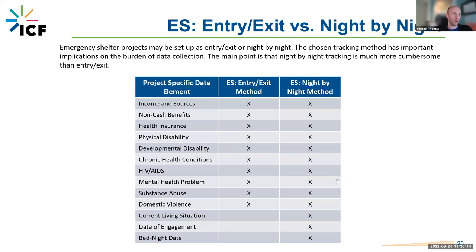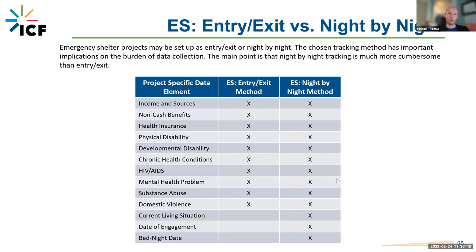Night by night is more cumbersome. That is really what we want to point out here. So there are instances when it can be appropriate with high volume shelters to do it as night by night, but honestly, in my opinion, I have not seen any of those instances. I think entry exit, if you can at all do it, is by far the option to choose, and I wouldn't be sad if the night by night option went away, honestly, because it is very difficult and it lends itself to poor data quality. And that's what we want to point out here.